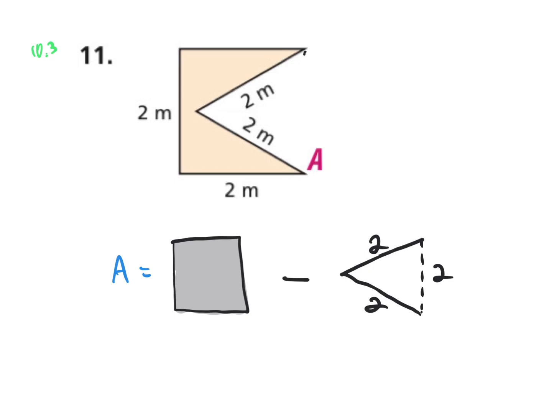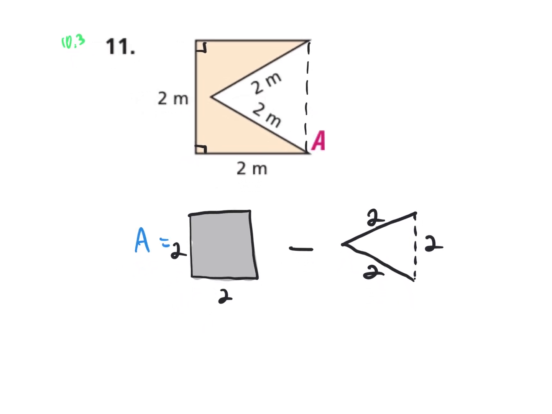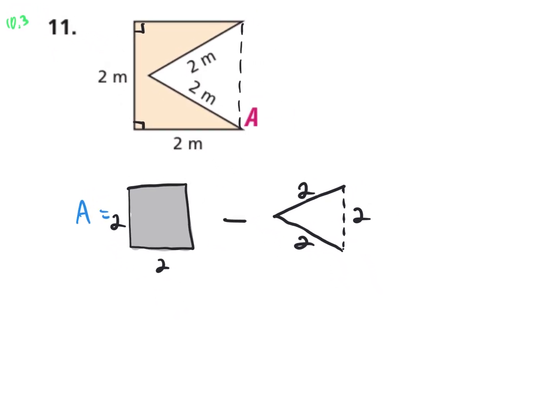For this kind of tricky problem, we're going to find the area of this entire rectangle. It's a square, actually. They should have told us that these are right angles. And then we will subtract the region, the part of the square that we don't want. So the area is 2 times 2, which is 4, minus the area of a triangle, which is 1/2, times